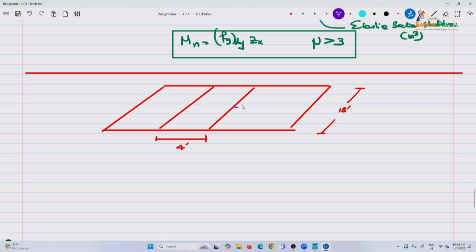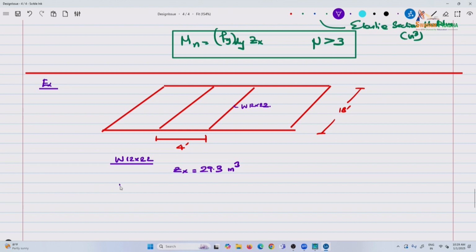These are the beams, a W 12 by 22. So, section properties for a W 12 by 22, Z sub x is 29.3 inches cubed,